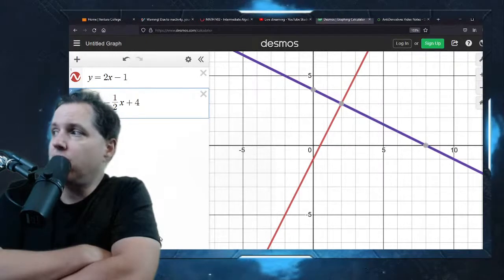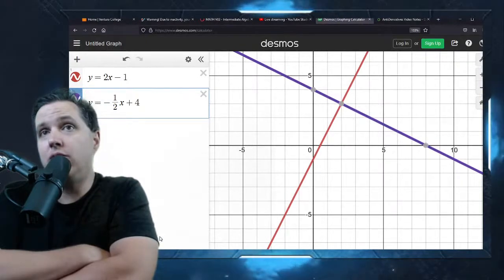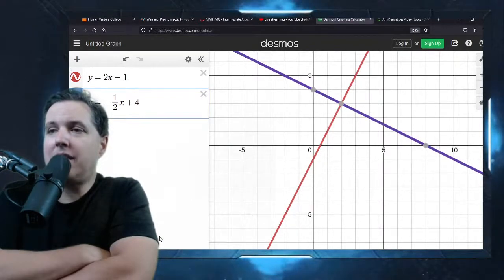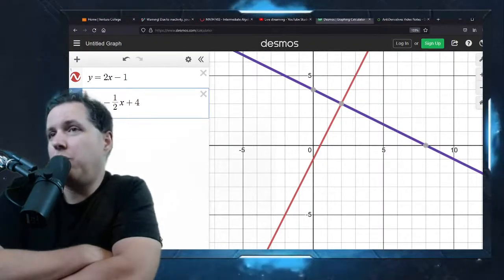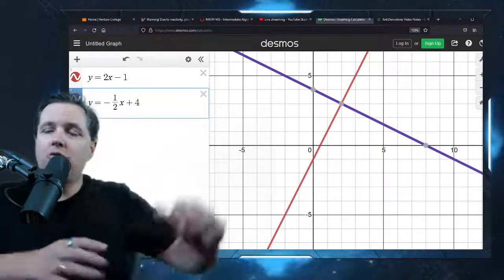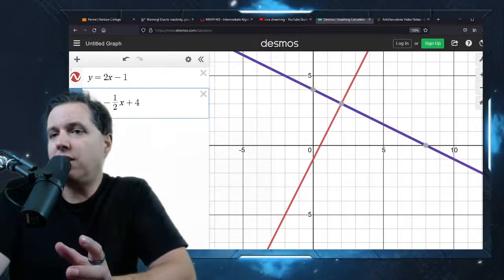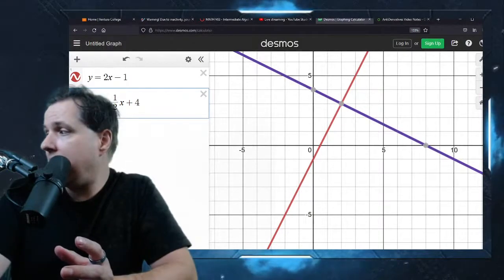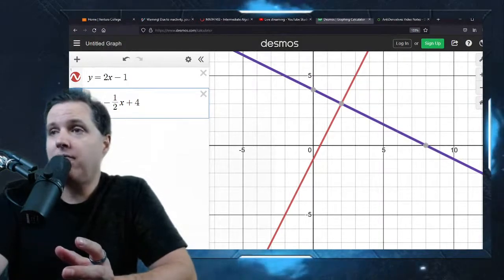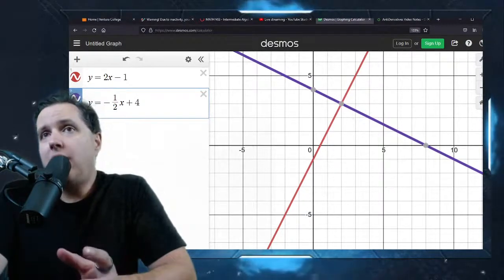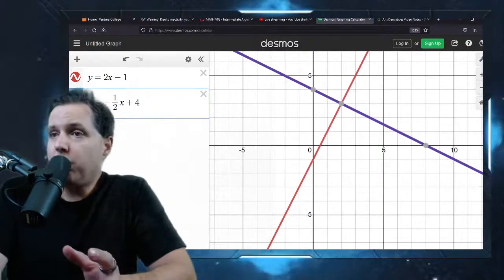Most of the time that you solve a system of equations, you will be using the algebraic methods. However, it's easy to get bogged down in the algebra and forget what you're doing conceptually, right? So the graphical method is really good for understanding conceptually. The substitution and elimination, which we'll get to today and next time, and probably even after that, those are good ways to actually do the problems, right?